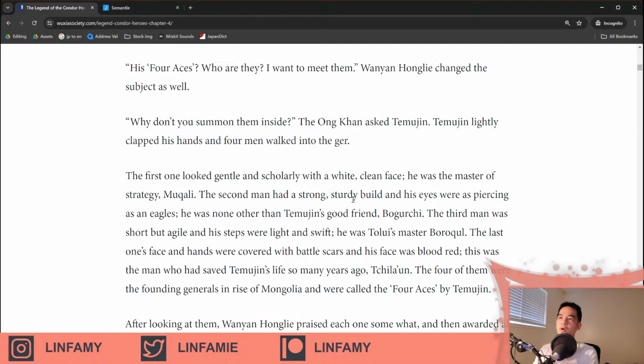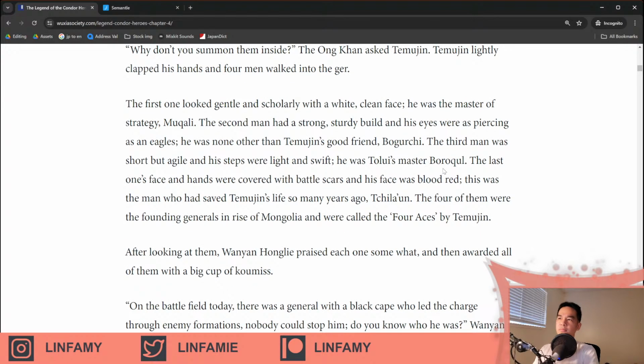The second man had a strong, sturdy build, and his eyes were as piercing as an eagle's. He was none other than Temujin's good friend, Bogurchi. The third man was short but agile, and his steps were light and swift. He was Tolui's master, Borokul. The last one's face and hands were covered with battle scars, and his face was blood red. This was the man who saved Temujin's life so many years ago. Chilaun. The 4 of them were the founding generals in the rise of Mongolia, and were called the 4 Aces